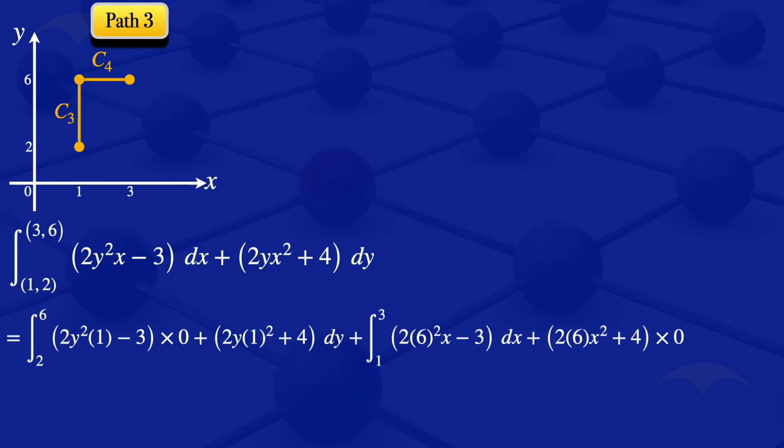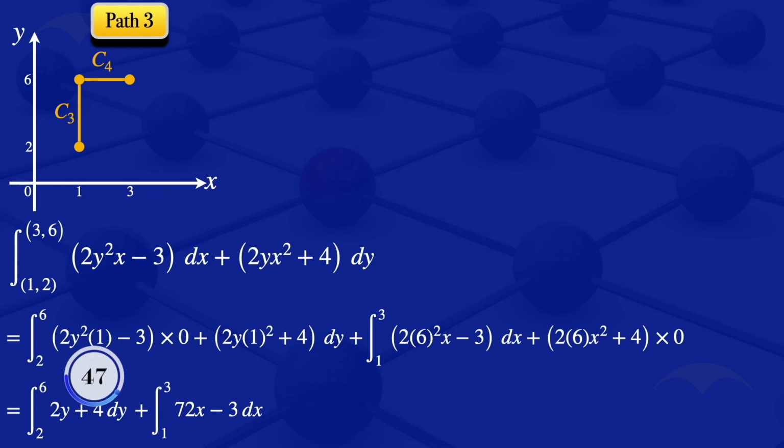For the first one, it will simplify to the integral from 2 to 6 of 2y plus 4 dy. The second one gives us the integral from 1 to 3 of 72x minus 3 dx. When we evaluate the first integral here, the result that we get when we put the limits is 48. And when we evaluate this second one here, the result that we get when you put in those limits, we get 282. So the result there is 48 plus 282, and that will give us